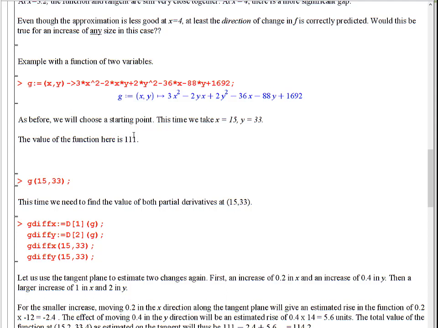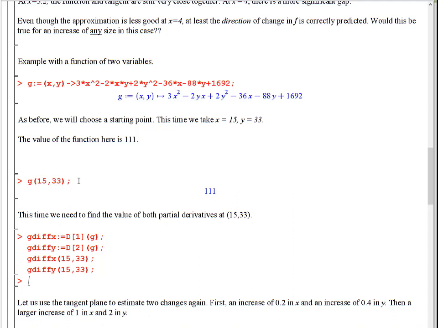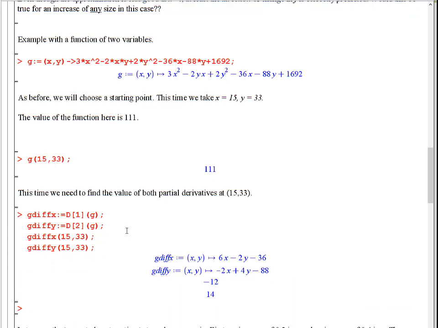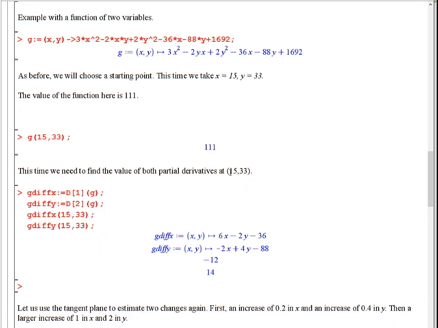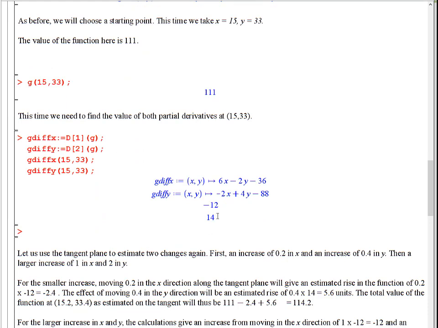And the value of the function here is 111. So put x, 15 and 33 into here and we find 111. So that's where we start from. Next we need the partial derivatives, and now we have two partial derivatives because we have x and y. So differentiate those as you've done now many times before to find the partial derivative functions and substitute in the particular point we're at, and we find that at that point the gradients are -12 and 14 in x and